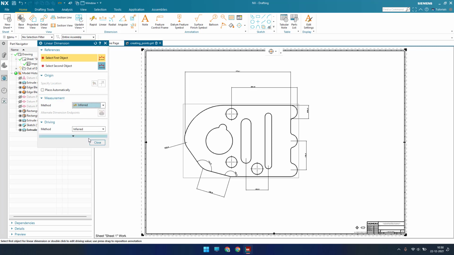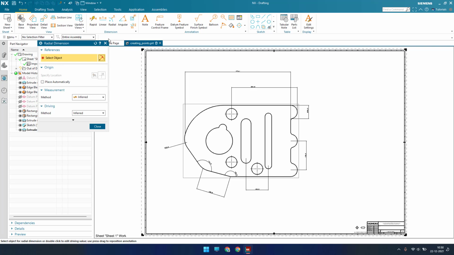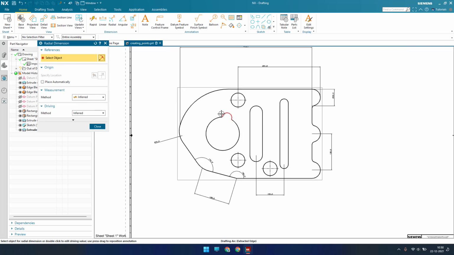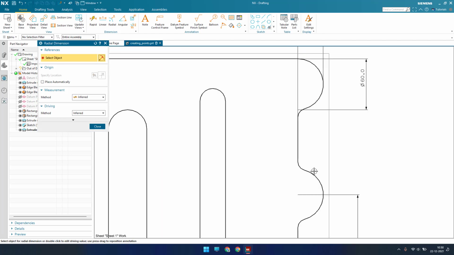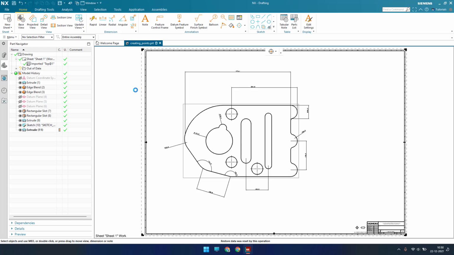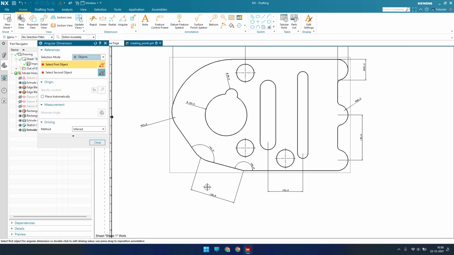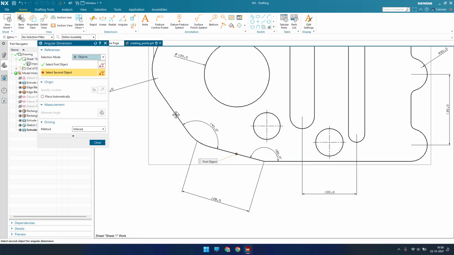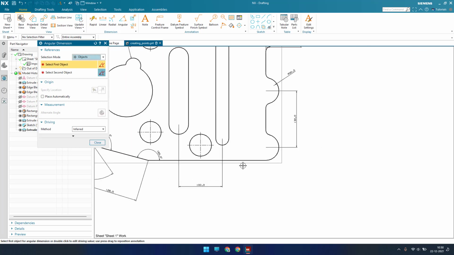And now we will go into radial. Radial is quick, you just need to select any arc, and it will give you a radial dimension. Here as well I can just give it like that. Now in angular also we can provide. For angular, you just need to select two lines, and it will take an angular dimension along those two lines. For example, this is 90 degrees, so this is how it measures.